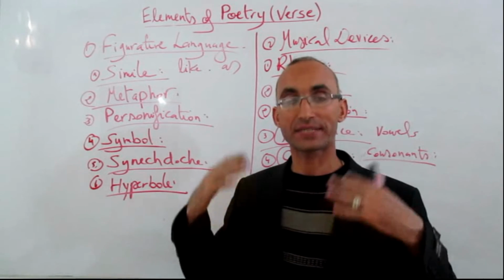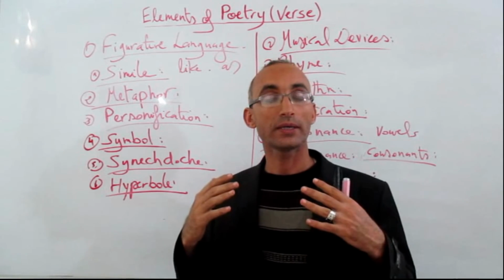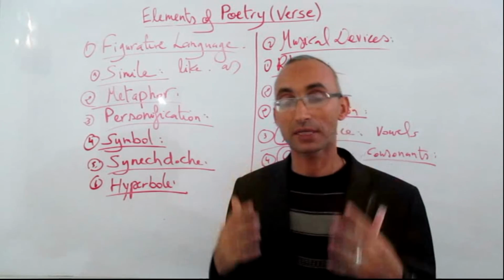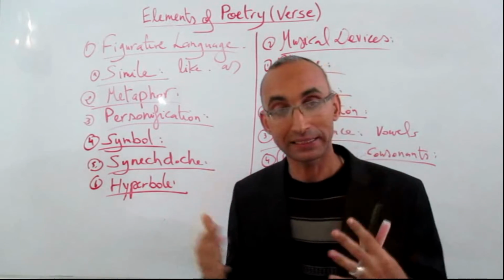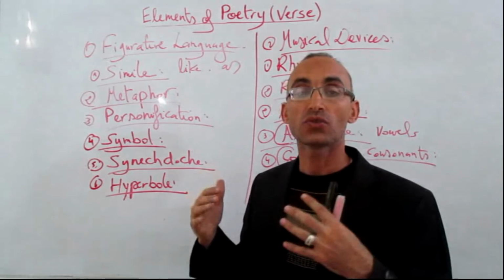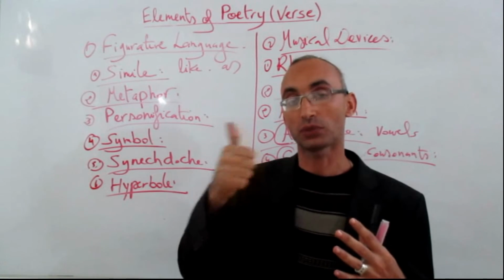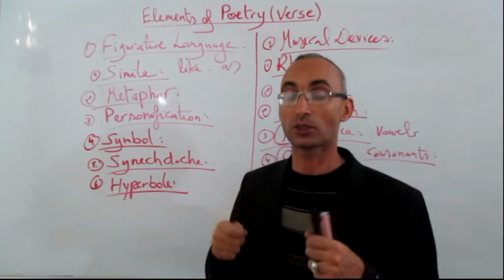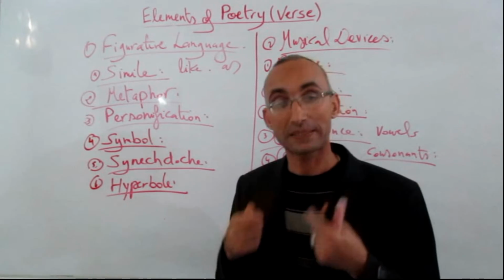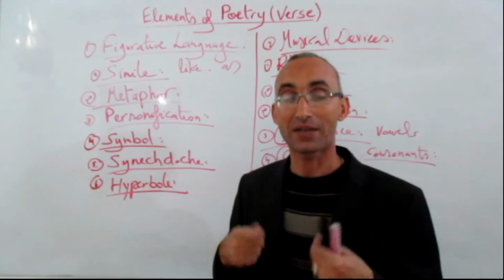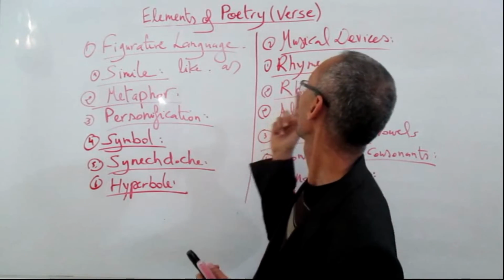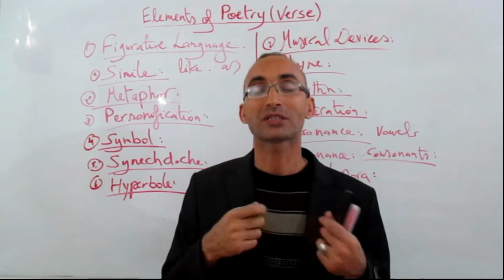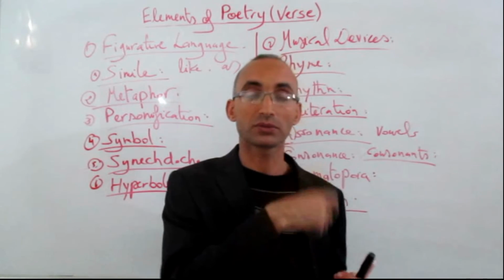Now we need to recapitulate all what we have said about the elements of poetry. We said that we rank poetry as the noblest and the crown of literature due to its distinctive language, which stems from these distinctive features, which are mainly diction, careful selection of words; second, precision; third, the use of figures of speech, which enriches the poem with more significance and also more vivid images. It creates imagery at the level of the poem; and number four, the use of the musical devices, which also enrich the meaning of the poem and give it that musical tone, thanks to the repetition of certain sounds in that